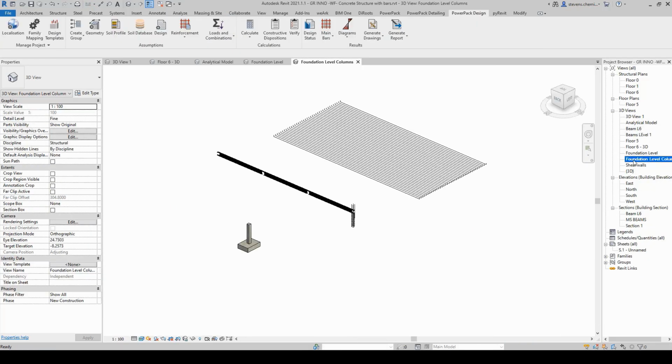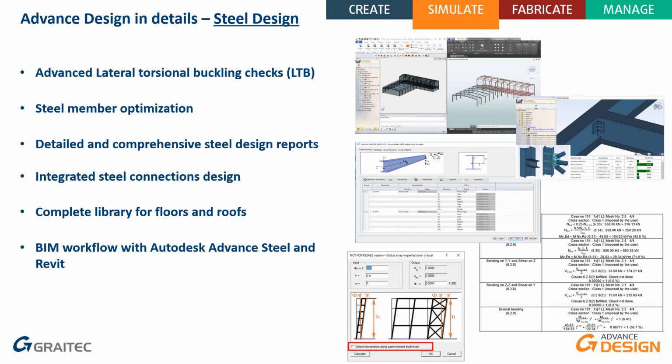I propose we maybe start the second part, relative to the steel workflow for steel projects, with advanced design and advanced steel, and we will see that it is still the PowerPack which will be used to manage the connection between those two software. The PowerPack, I think I didn't mention it, is a brand we have to develop add-ons running on top of the Autodesk platform, and we propose it on four platforms: Revit, Advanced Steel, Inventor, and Vault.